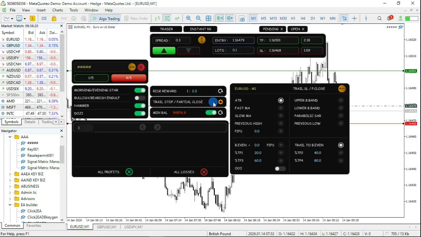This is where you turn on and off the trail stop and partial close settings. When you turn this toggle on, you will be able to protect your account equity. For this to work, you must be connected to the internet and the markets should be live, otherwise it will say unavailable. The reset button is for when you have made a loss or profit and you want to update